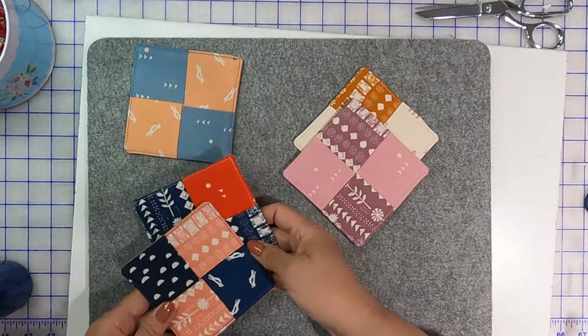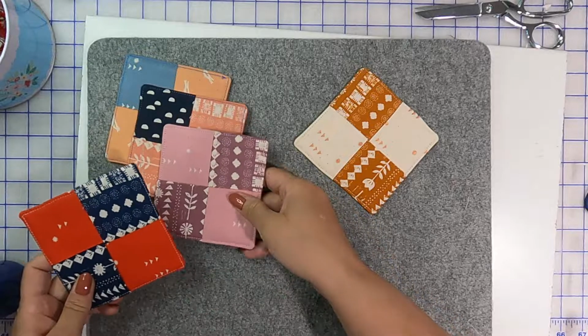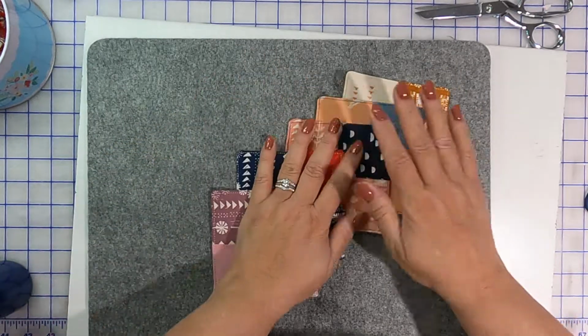Well, there we have it. All kinds of weird things going on here. Let's see. Can't really make a rainbow, can I? All right, so